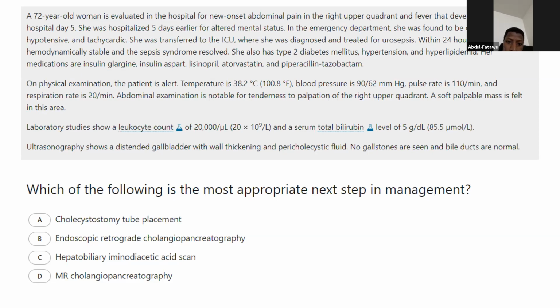Lab shows leukocyte count of 20,000, so high, and serum total bilirubin of 5, also high. Ultrasound showed distended gallbladder with wall thickening, pericholecystic fluid, no gallstone is seen. Bile ducts are normal. Which of the following is the most appropriate next step in management? Cholecystectomy, cholecystostomy with tube placement, endoscopic retrograde cholangiopancreatography,